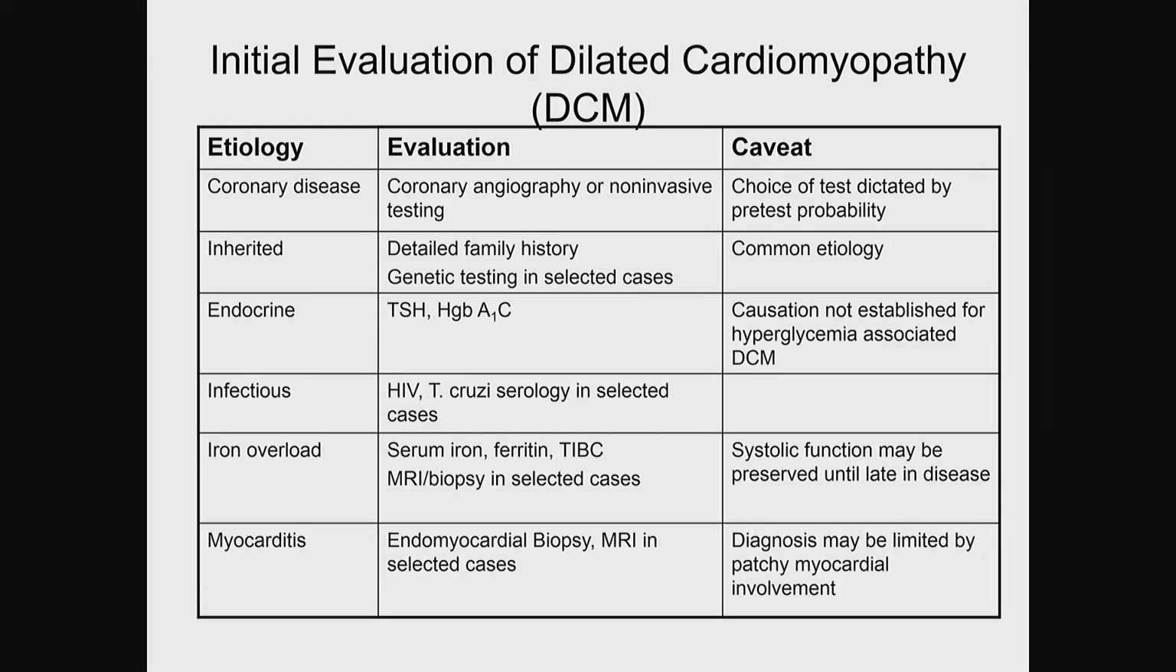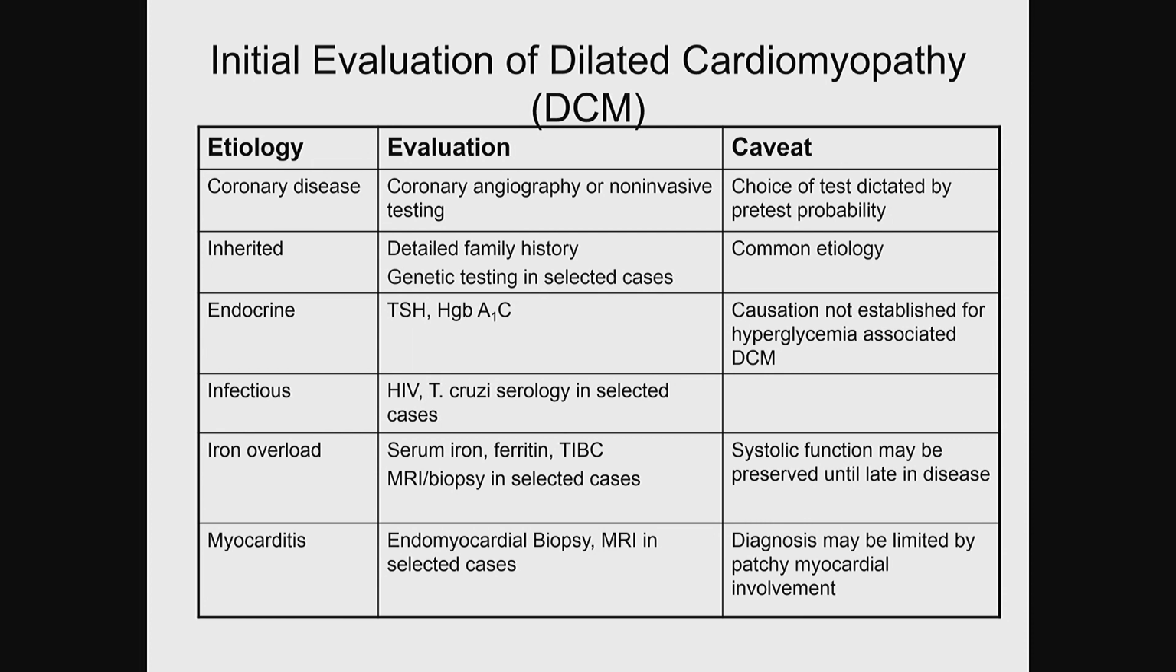However, endocrinopathies are uniformly assessed due to their treatability, and this includes either hyper or hypothyroidism, perhaps diabetes, with the caveat that causation has not been clearly established between hyperglycemia and dilated cardiomyopathy. Depending on the practice setting, infectious causes of dilated cardiomyopathy may be quite common. This includes untreated HIV/AIDS, and in many parts of the world, Chagas disease, which can be diagnosed by assessing for